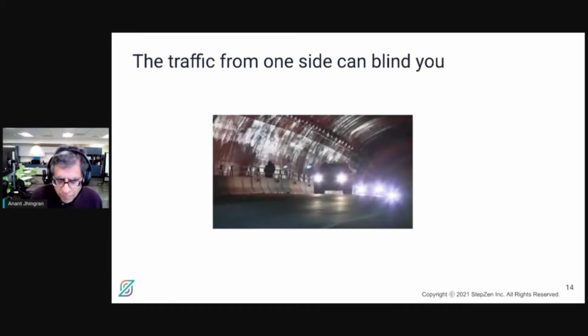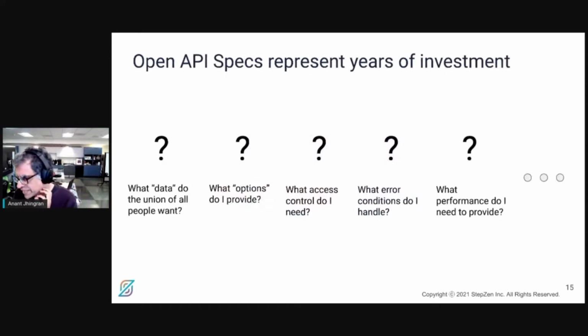As you have built out your OpenAPI spec, you have thought through a lot of issues. What data do you want to produce? What is the stuff that people want, et cetera. So over time, you've said, let's build out an API for X and an API for Y, let's add this parameter and that parameter. It's been a very thoughtful set of investments.